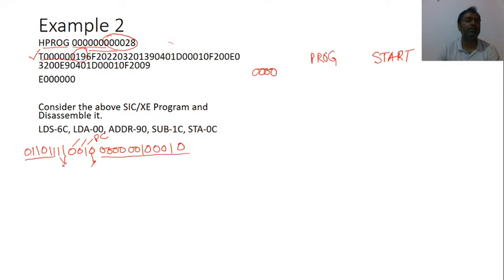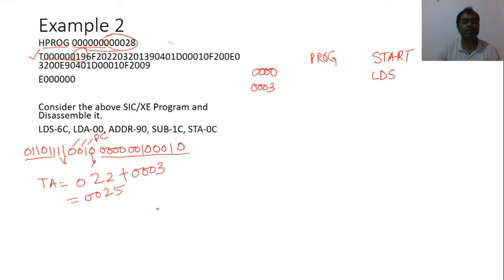As you can see here, there is direct addressing, that means there will be some label in the instruction. What is the instruction here? 6, if you append 0, 0, you will get C. That means the instruction is LDS. Now I have to find out the target address. Target address equals displacement, that is 022, plus the content of PC. If this is written in format 3, then the next address will be 0003, that is the content of PC. If you add 0003, you will get 0025, that is the target address.